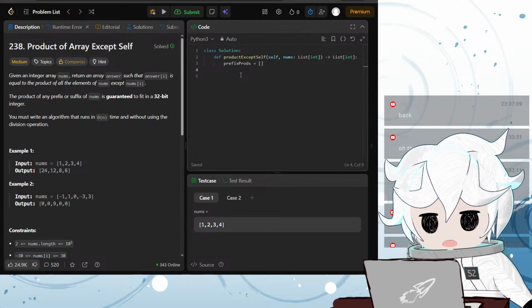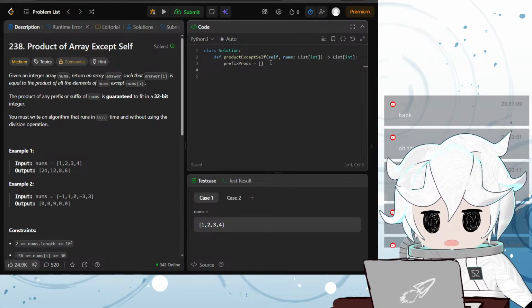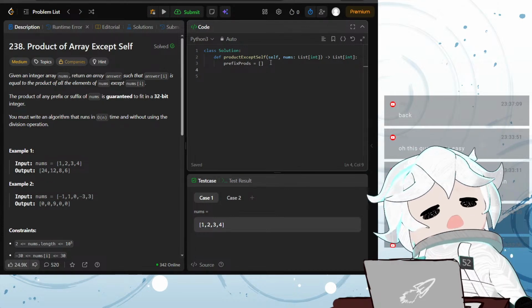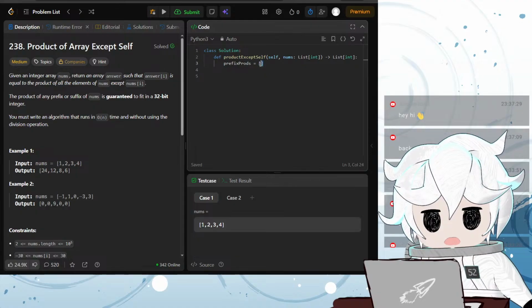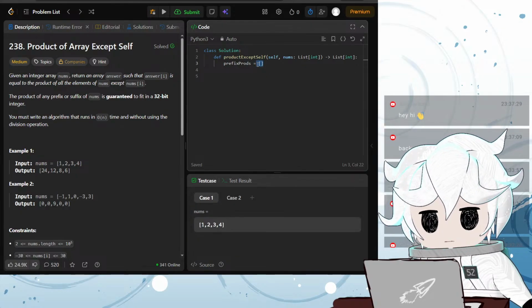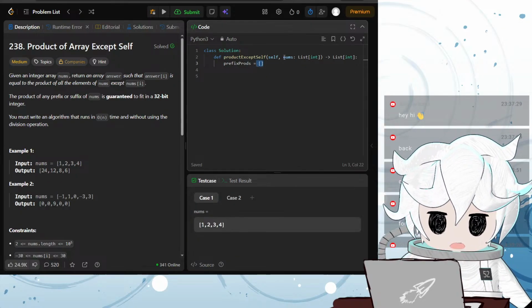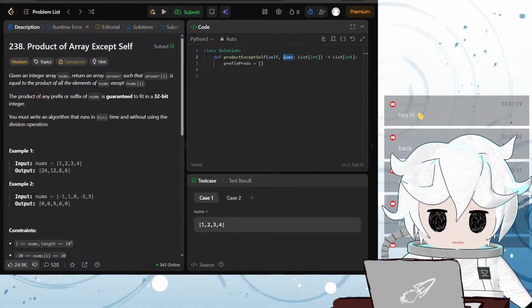How do I do this? So in Java, I would have made an array with the same size as nums. You don't have to do that in